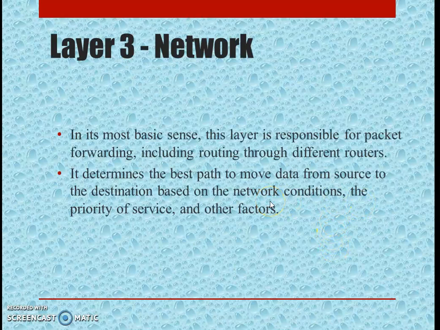Next, in the network layer, data is called packets. We split the segment into packets. So in the network layer, the data we are transmitting is called a packet. Packets are forwarded from source to destination using this network layer. It also determines through which path the systems can send that packet. That is routing, which is determined by this network layer. Routing and forwarding the packets, selecting which path.